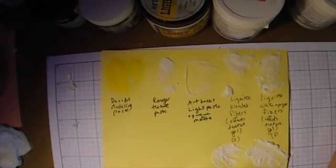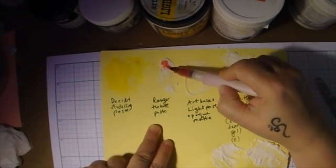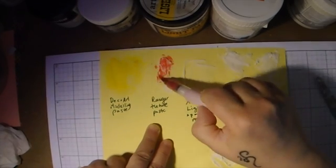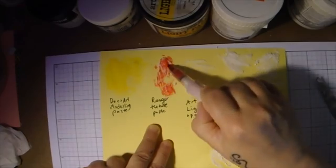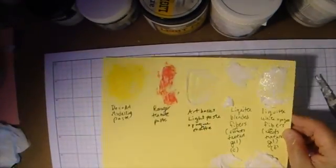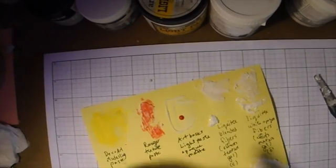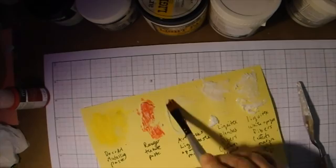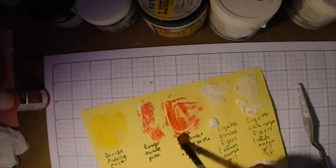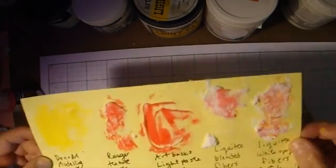And so you can use any of these through a stencil, or you can add paint to it. You could take your Wink of Stella here and do that on your Ranger texture paste here. You can use it on your mixed media canvas. You can use it on your art journaling, whatever you like. I'll use a little bit of this. So there you go. There's your different